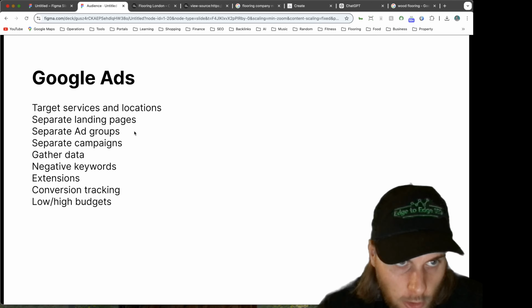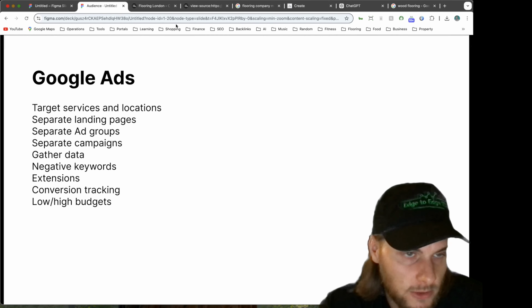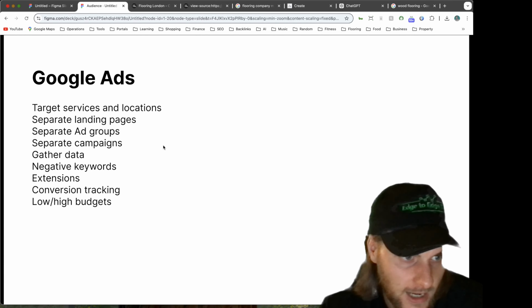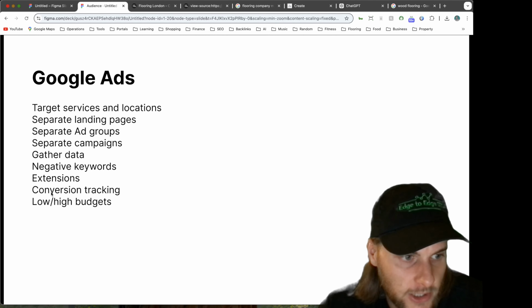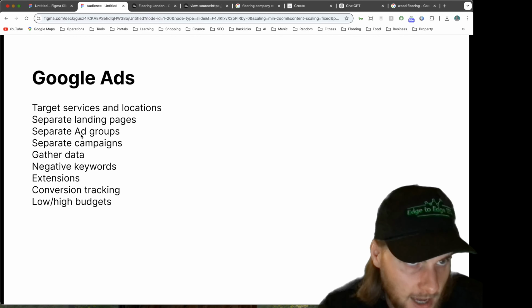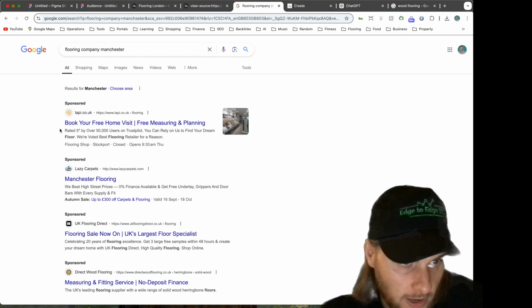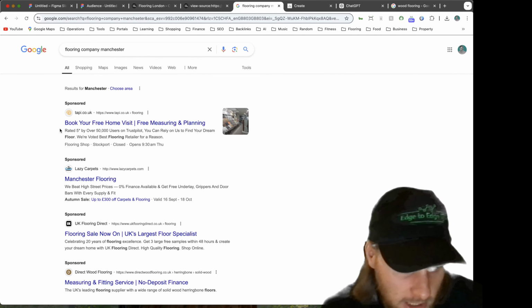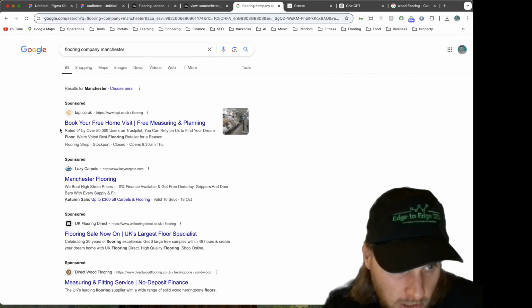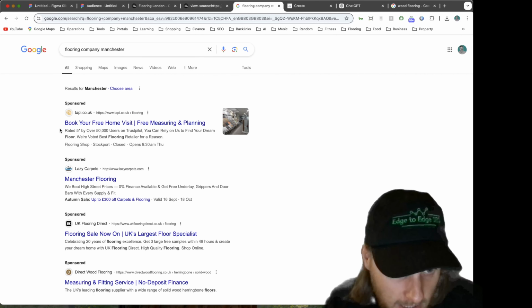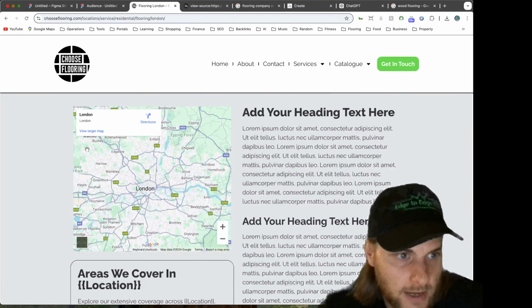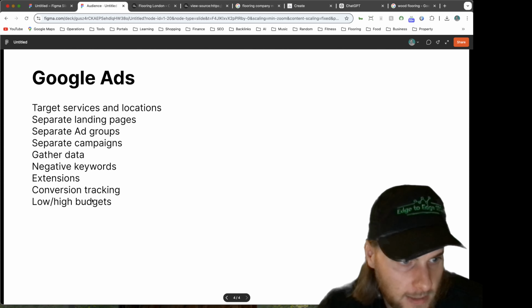And over a long period of time, over 6 months, 12 months, Google's going to start seeing that every time it shows you for a particular keyword, it results in a conversion. So when you switch your account from trying to maximize clicks to maximizing conversions, Google's going to show you for the keywords that are actually going to make you the most money. It's going to spend your ad spend in the most efficient way possible, instead of just trying to get as many clicks as possible. It takes a long time, but setting up conversions is very important.